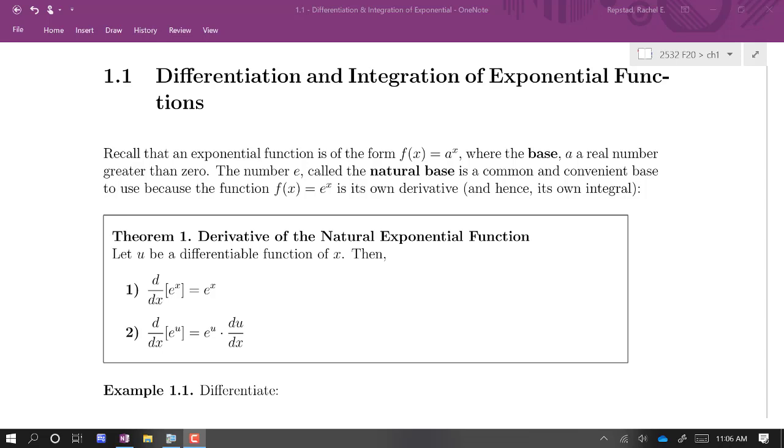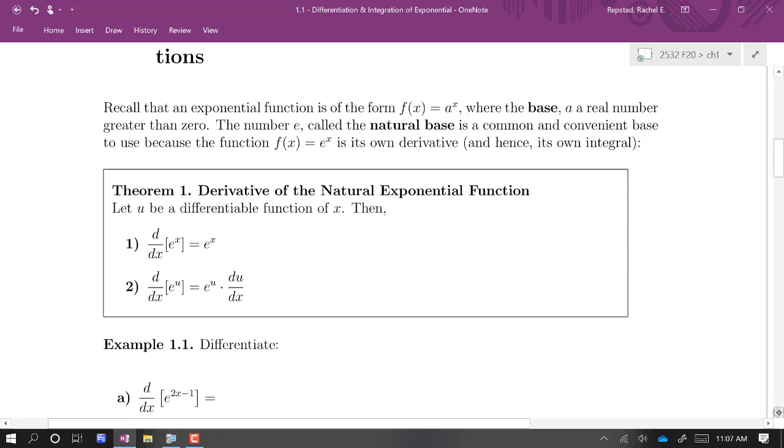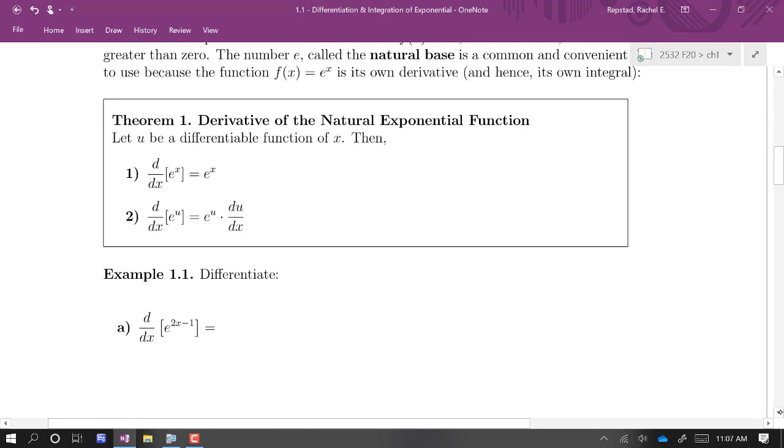All right, we're going to start out in the first chapter with a review of exponential and logarithmic functions. And in this first section, focusing on the exponential function, differentiating them, integrating them. So our first theorem, this is stuff that we've learned in Calc 1, right? So maybe it's been a little while since we've taken Calc 1, so kind of just a refresher on this